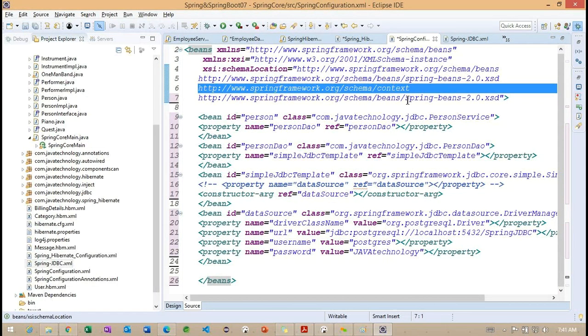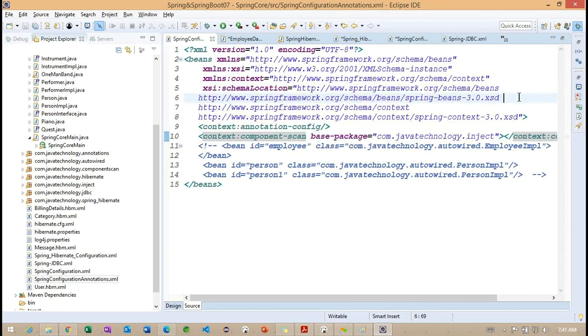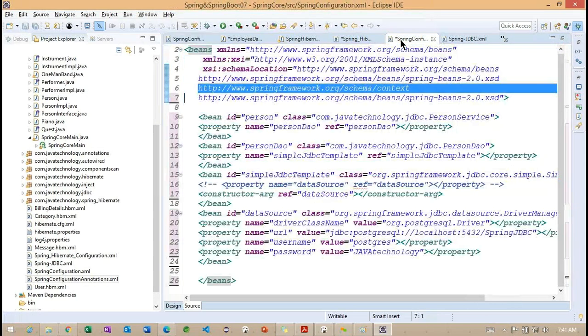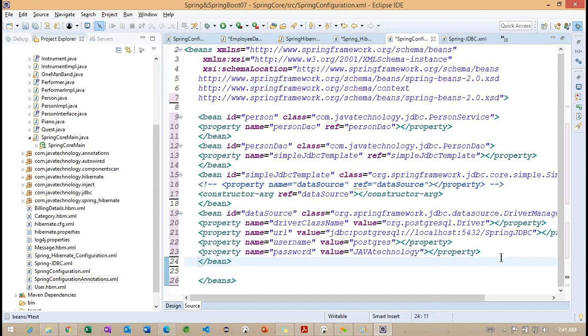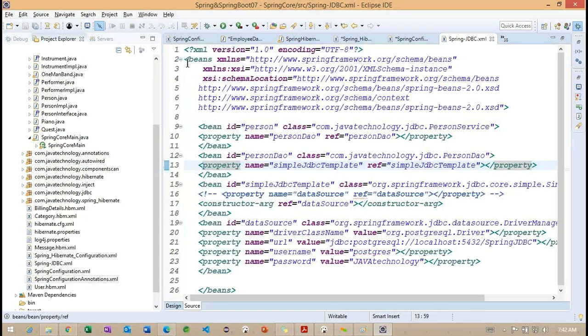Here we are working with the context, where we use the base package information. Okay, so here we used it. So we'll try to use this same one, but only the difference here.